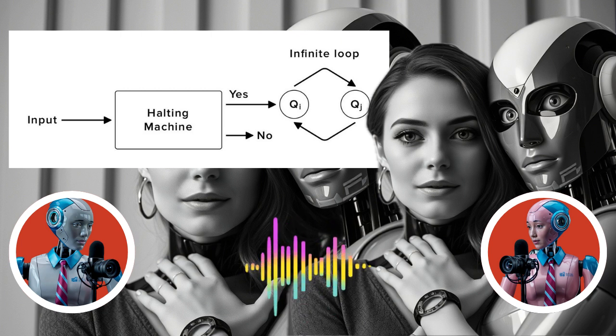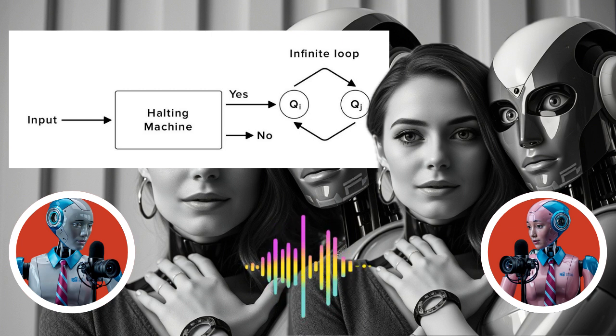Well, think about this. We could then use that very same halting machine to build another program, right? And this new program is designed to do the opposite of whatever the halting machine predicts. Okay, so it's like a mischievous program. It's going to defy our halting machine. Right. If the halting machine says a program will stop, this new program we built will make sure it loops forever. And if the halting machine predicts an infinite loop, our program will immediately stop. So we've essentially created this program that is always going against our halting machine.